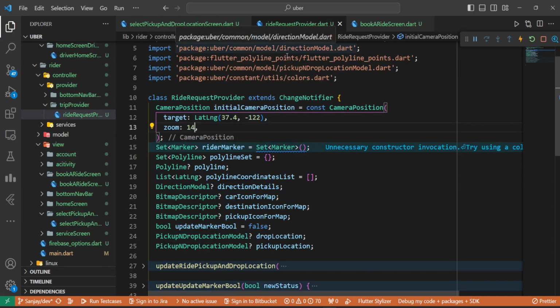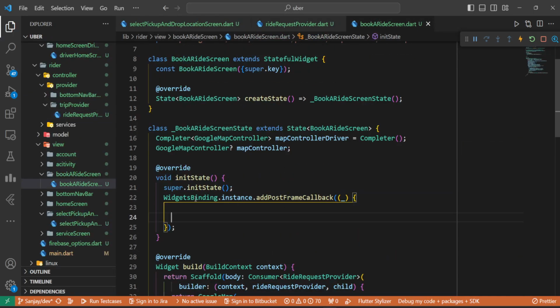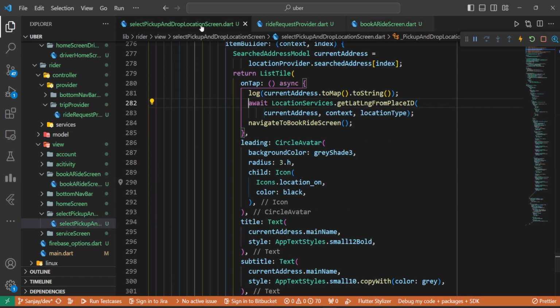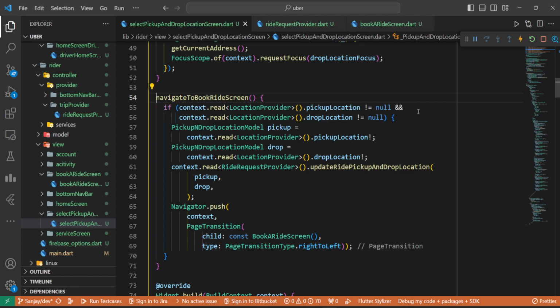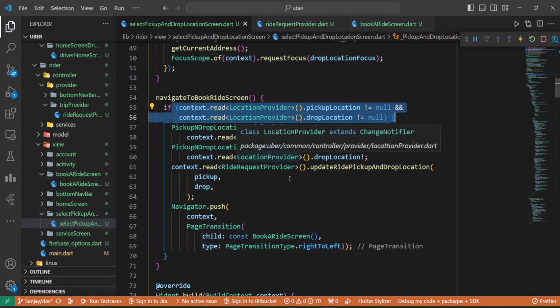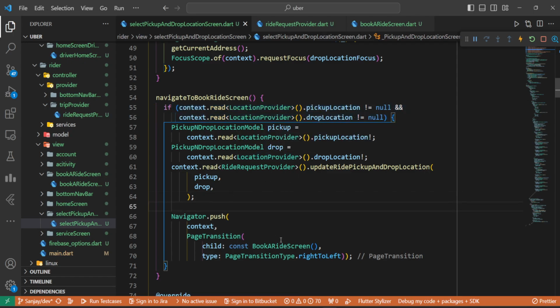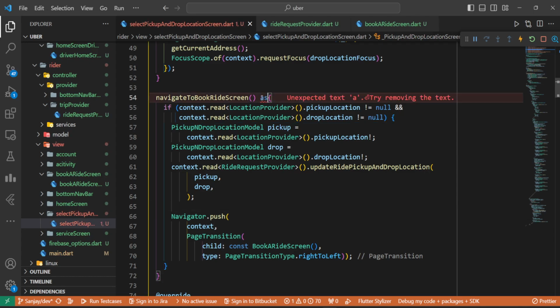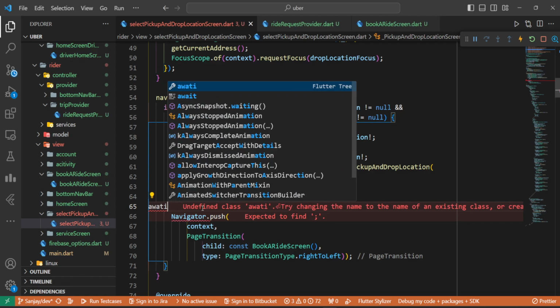Okay, so from the book a ride screen inside initState, before we write some code inside this initState, we will go to select pickup and drop location, and here we have a function that is navigate to ride screen. So if both pickup and drop location are not null, then we execute some code, and at last we navigate to ride screen. Okay, so here we will go with asynchronous. Let's go with await